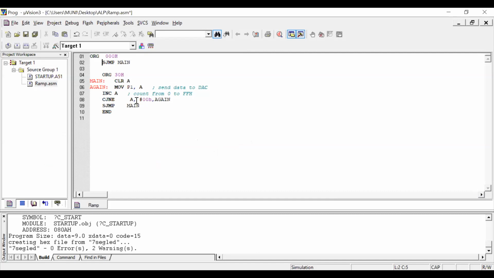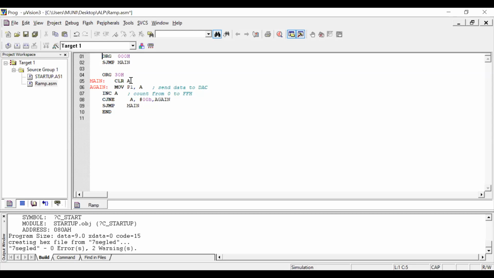So here only three locations are reserved for the program. Within these three locations, we cannot write the program. We cannot complete this small program, so we need to create a link. That link goes to 30H, so after that, again we start ORG 30H. In that case, start main.